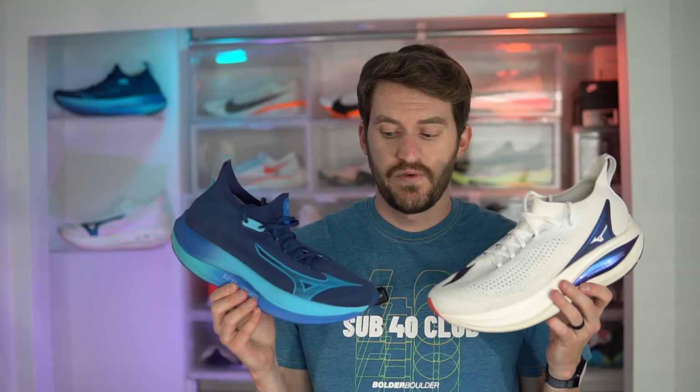The midsoles, this one's the 100% EVA blend with the fiberglass infused nylon plate in the middle. This one has that same nylon infused plate, and it uses the EVA foam on the bottom, but on the top layer you get that new supercritical TPU foam, and I think that makes a big difference in the ride